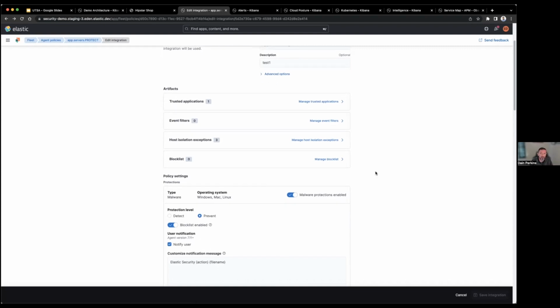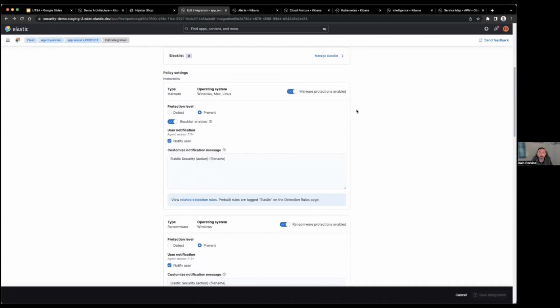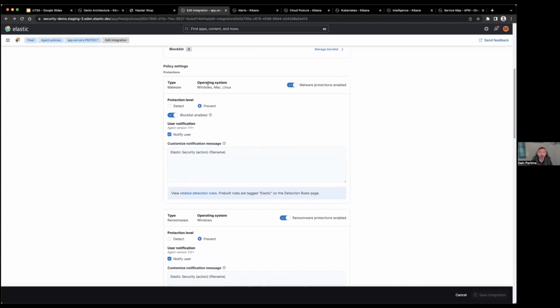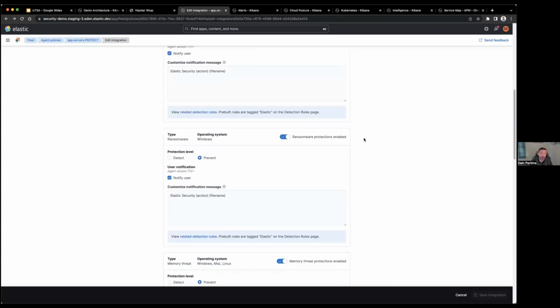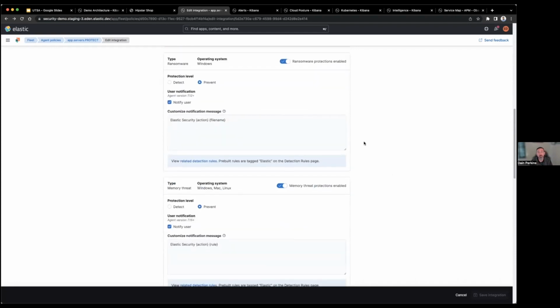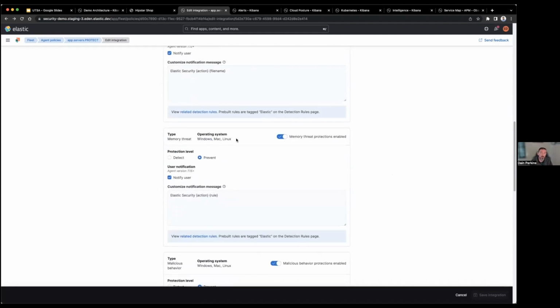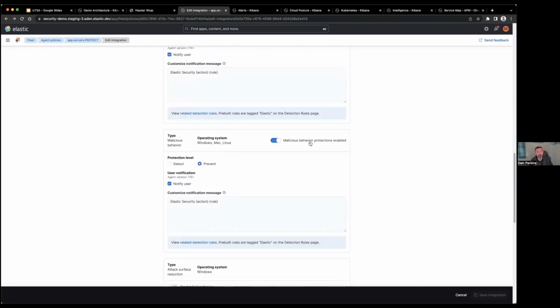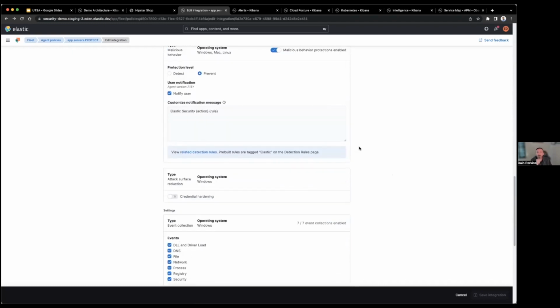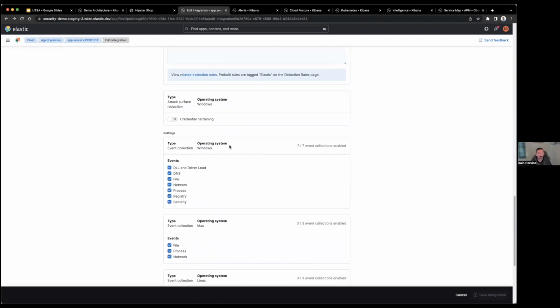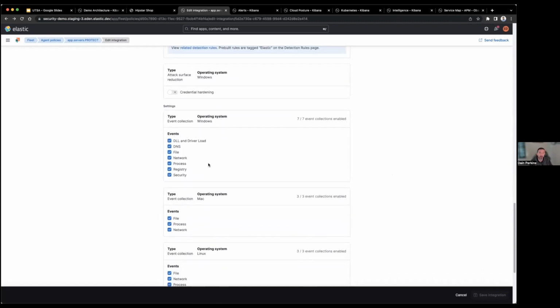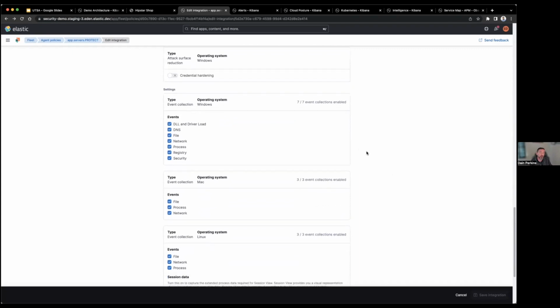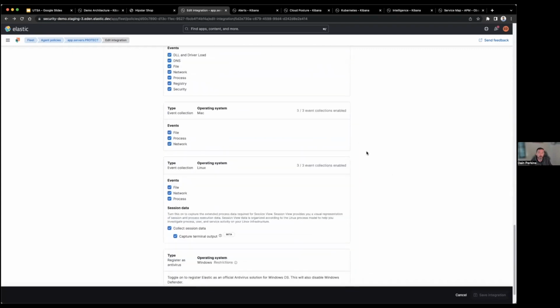A full block list, and then from a policy standpoint, we've got malware protections for Windows, Mac, and Linux. We've got ransomware protection for Windows, memory threat protection available across Windows, Mac, and Linux, malicious behavior protections, credential hardening for Windows, and specifics on all the different types of events you might want to collect.